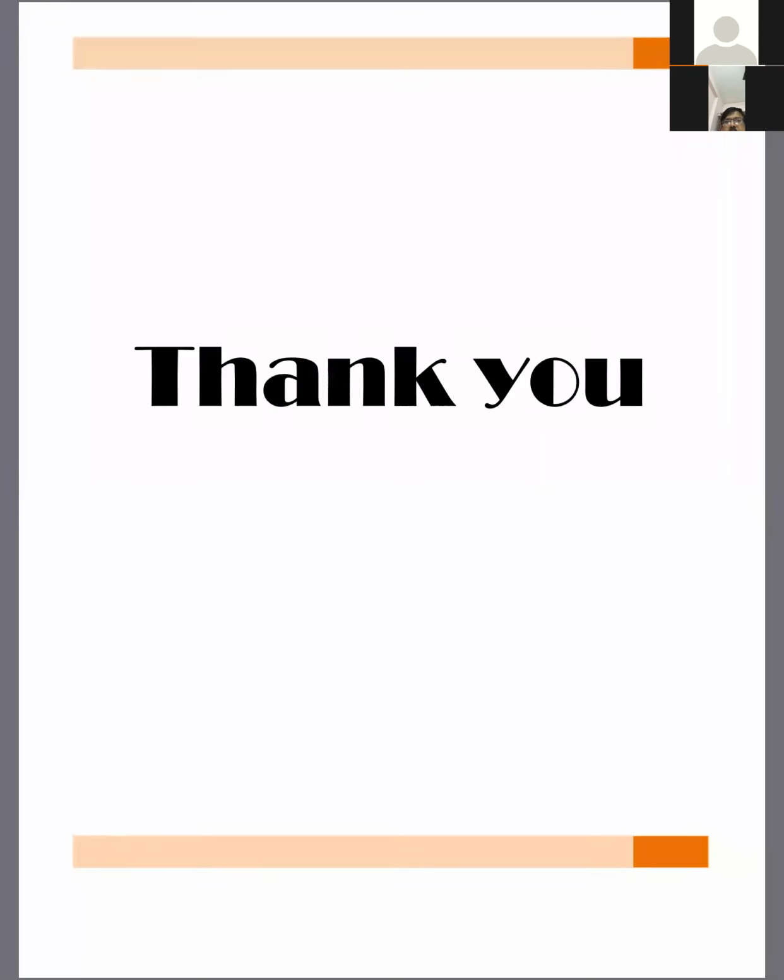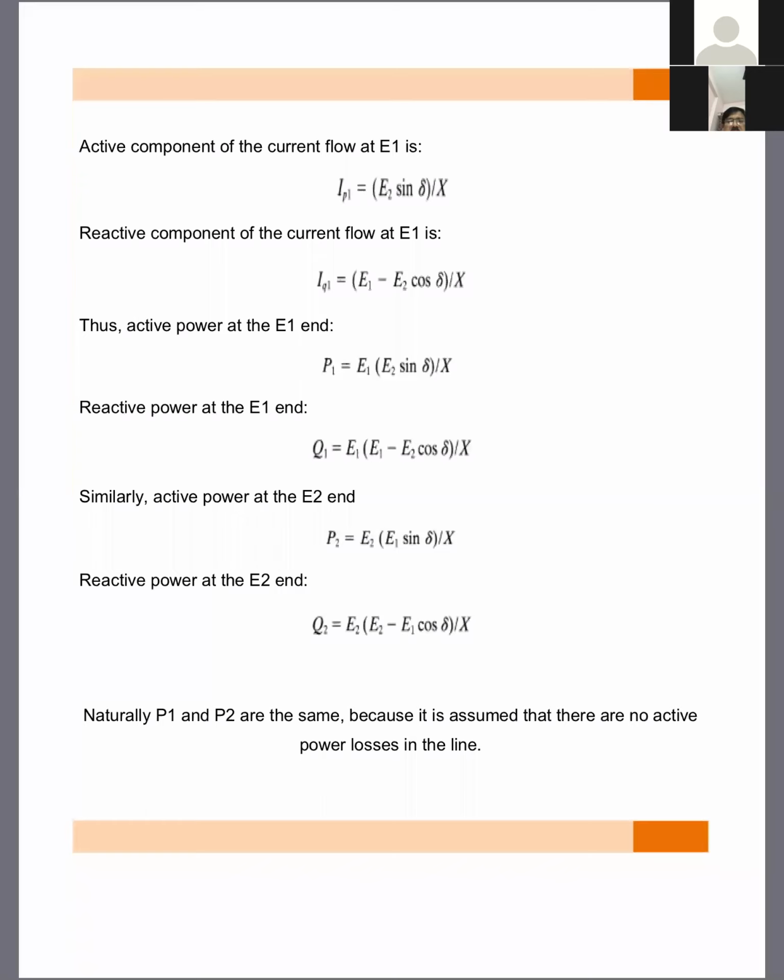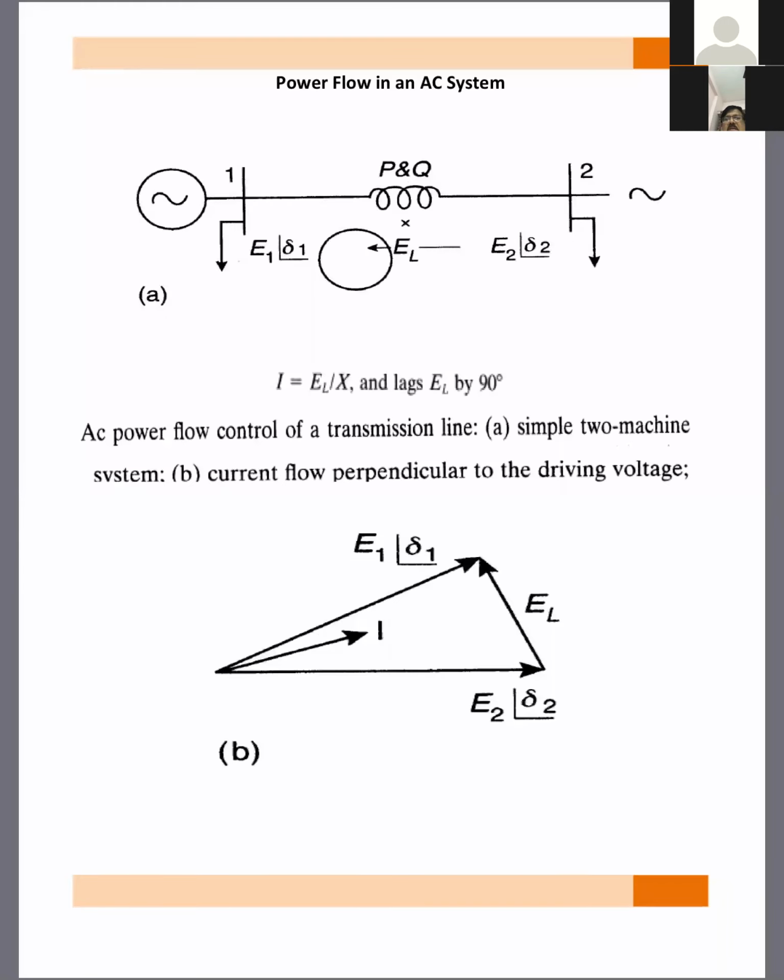Okay, thank you. Calculation of these phase components of currents and reactive components of currents is not so easy from this diagram, but you can choose the simple one that we considered in yesterday's class. We considered V1 and V2, and from that we derived the real power and also the reactive power. So that simple case is also similar to this one. There we considered V1 at an angle delta.